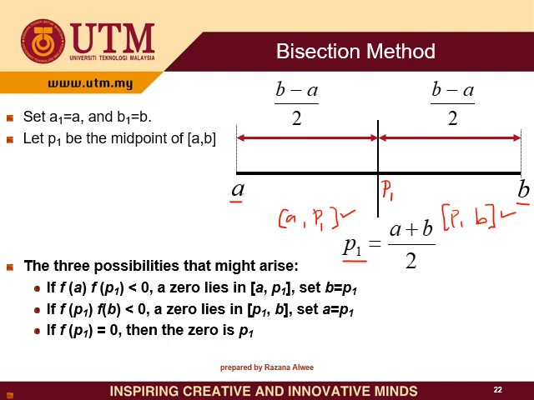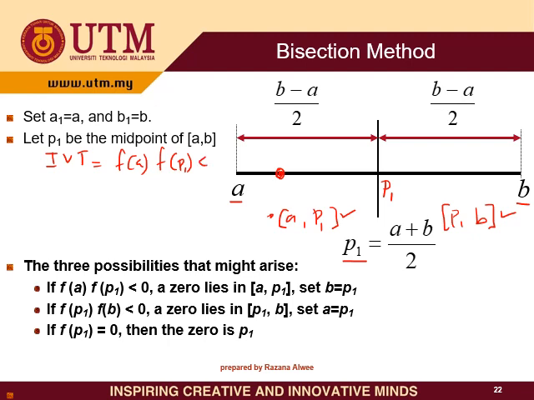roots? Remember, we don't have a graphical interface. Let's say the root is here. We don't know yet, but let's say the root is there. So how can we choose which interval to proceed with our calculations? We use our IVT, the intermediate value theorem, where let's say for this one, FA